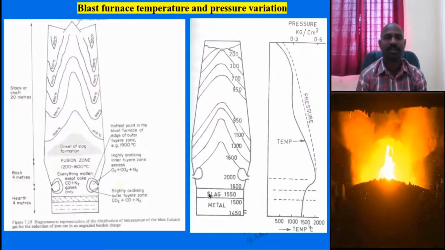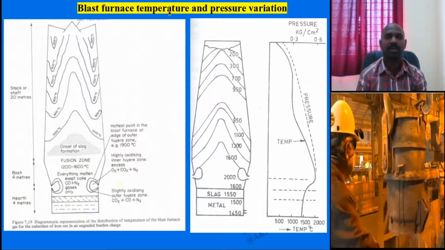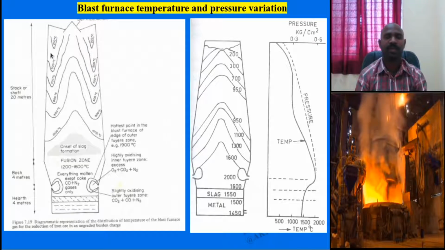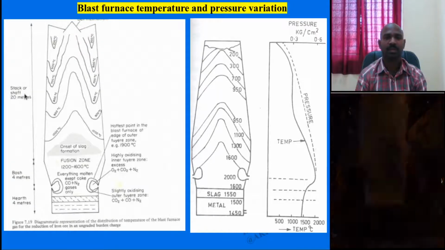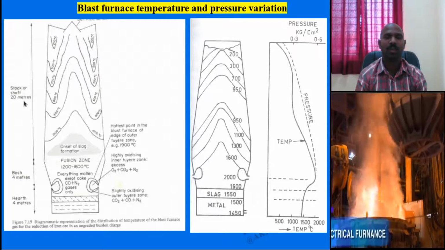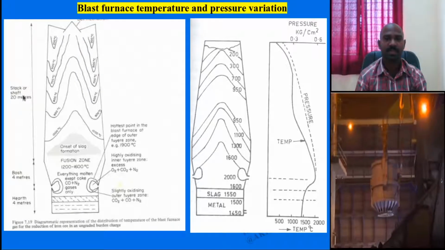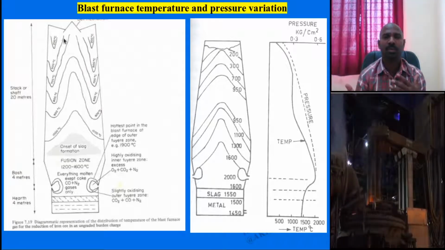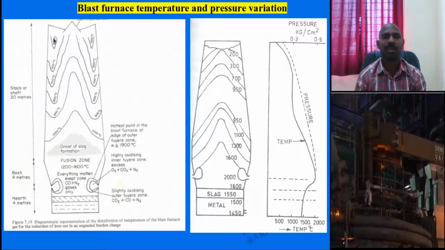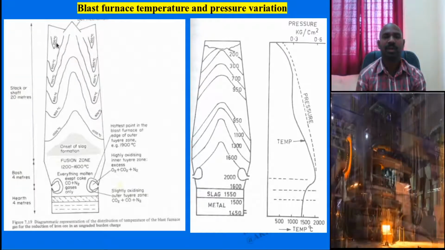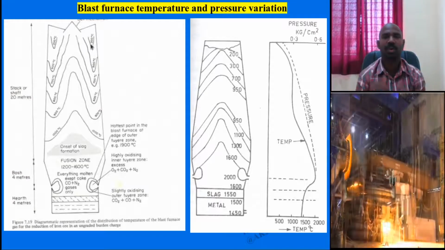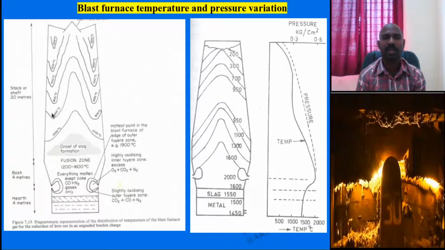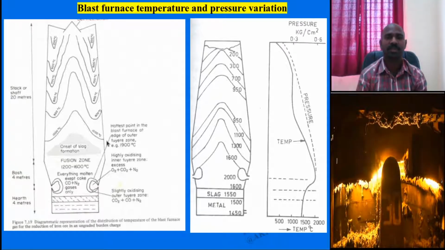Let us know a few more details with respect to the blast furnace temperature and pressure variation. The temperatures, if you see, divide this stack zone, which has a height of 20 meters, or you call it a shaft. Within this 20 meters height, starting from the stock level, 200 degrees Celsius temperature forms a kind of cones. It is a range of temperature. This is how this zone can be shown: 200, 500, 700, 900, 800, 900, 1000 degrees Celsius, which is